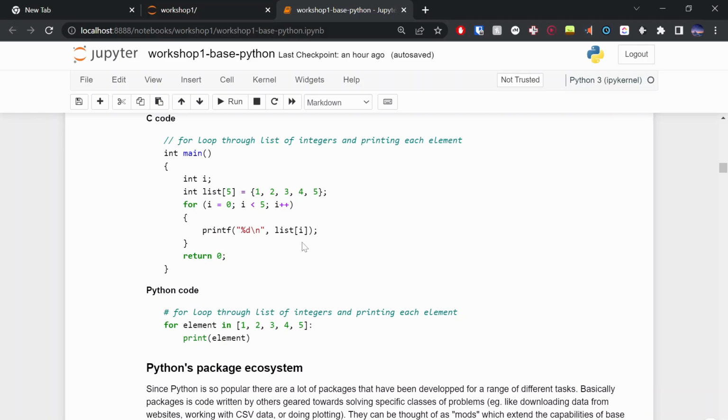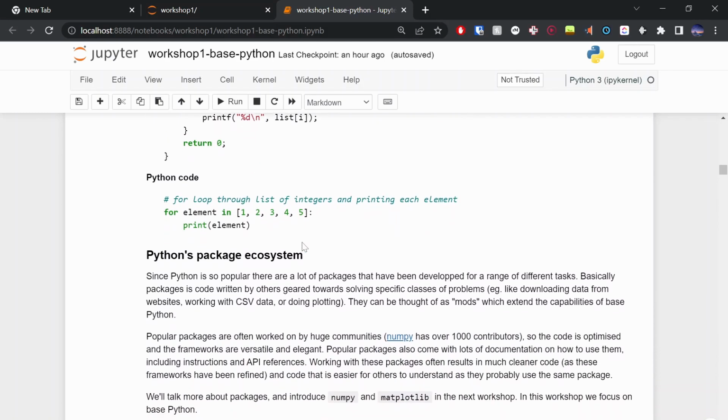So basically, it's a loop that goes through a list of integers and just prints out each one. In C, that's like 10 lines. In Python, 2 lines. And the nice thing with the Python code is we have 4 elements in, 1, 2, 3, 4, 5, print out element. And I feel like even if you don't come from a programming background, you can get a sense for what that does. And that's what makes Python really nice, because the easier something is to read, the easier it is to write. The easier it is to write, the quicker you can prototype, right? So that's why Python is loved.